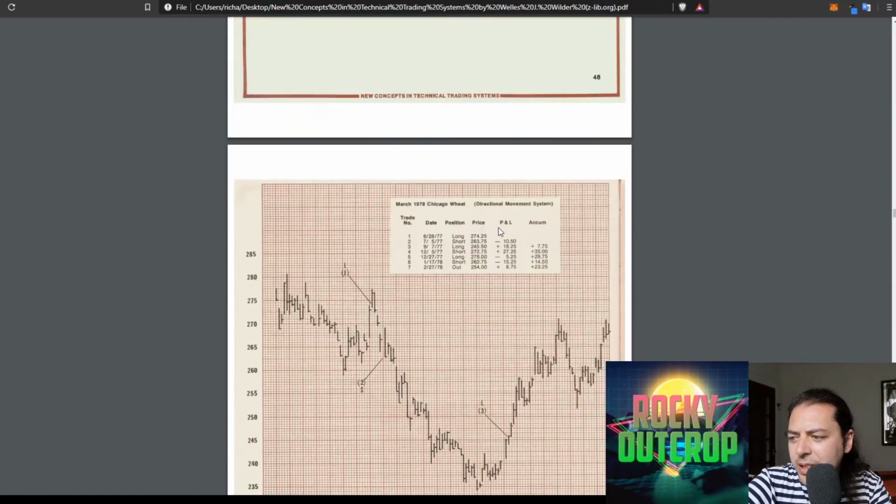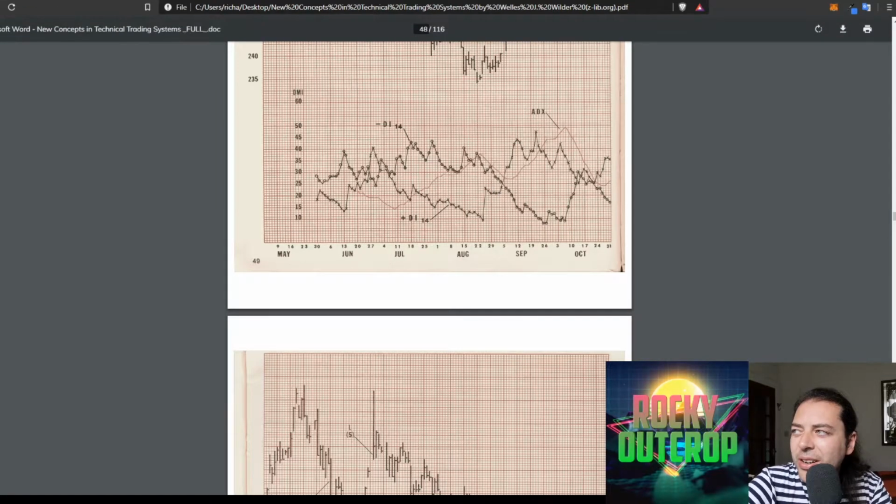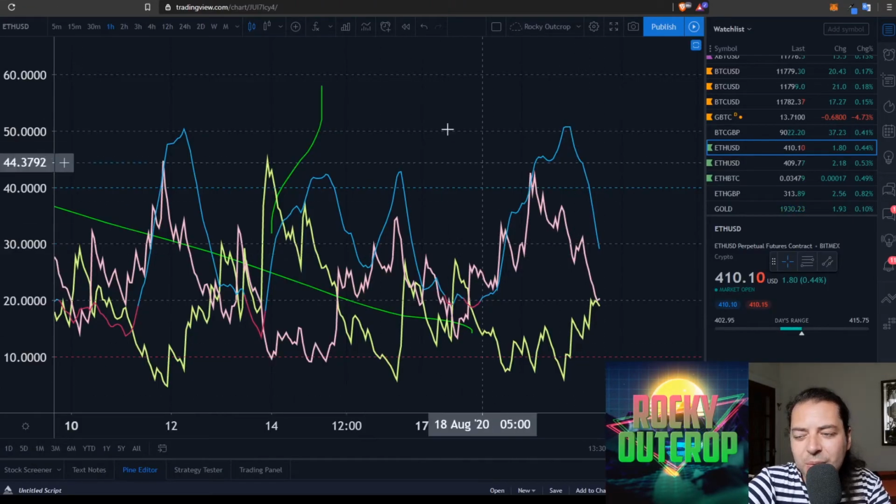Where's the DMI section on this one? Here. You can see it doesn't have the zones marked out, but because they used to use this grid paper, I've spoken about this before, the zones are kind of marked out purely on the grid paper, and you might have used this when you're doing maths in high school or whatever. But over here on our super duper clean charts, we don't have that grid paper, instead it's all charted out for us automatically.